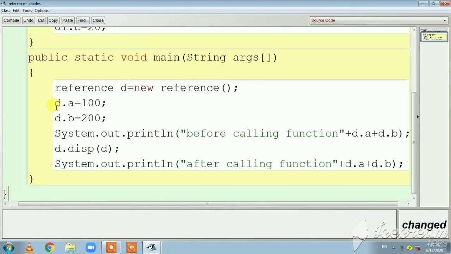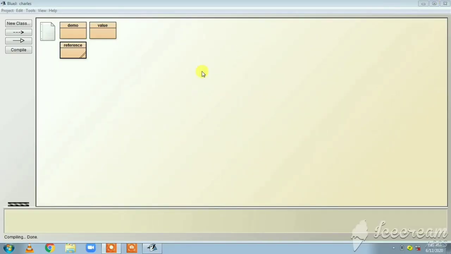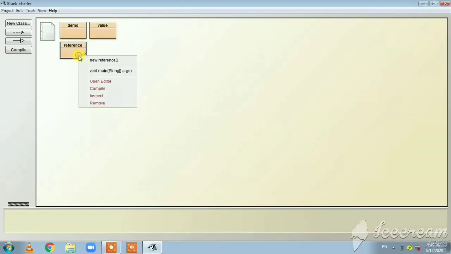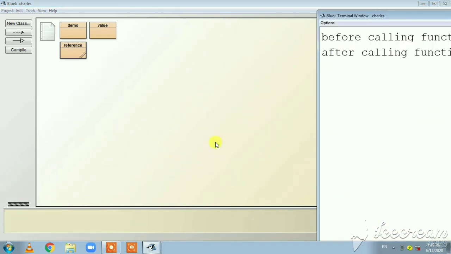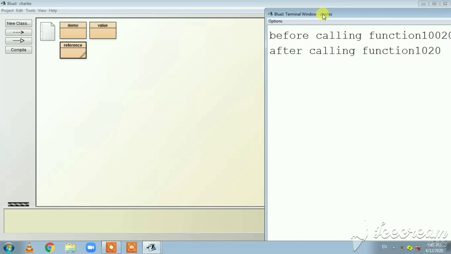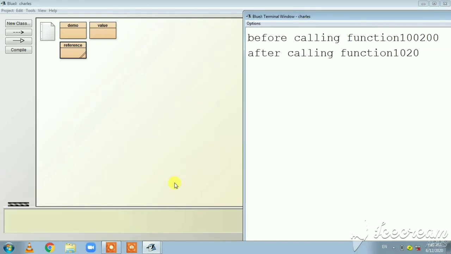Now I am closing the main method and I am closing the class. I am going to compile the program. I have no syntax errors. I am going to execute the program. I am executing the main method. This is my output. Now I explain this.